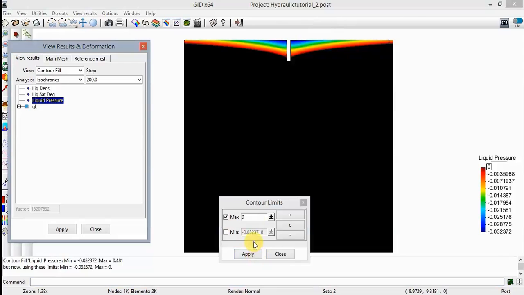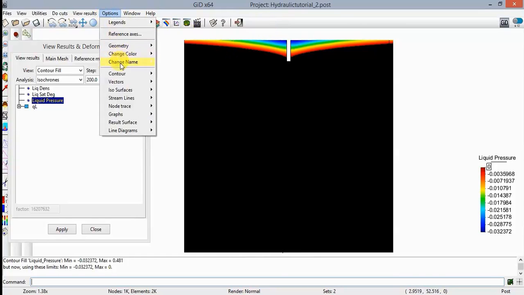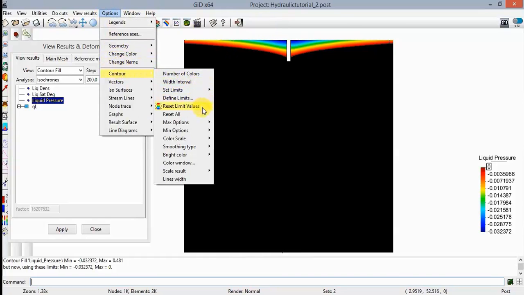This represents the unsaturated zone, the soil with air in the pores, and is located between the ground and the phreatic level. To return to the original graph, you can select Reset limit values as before, and you will see